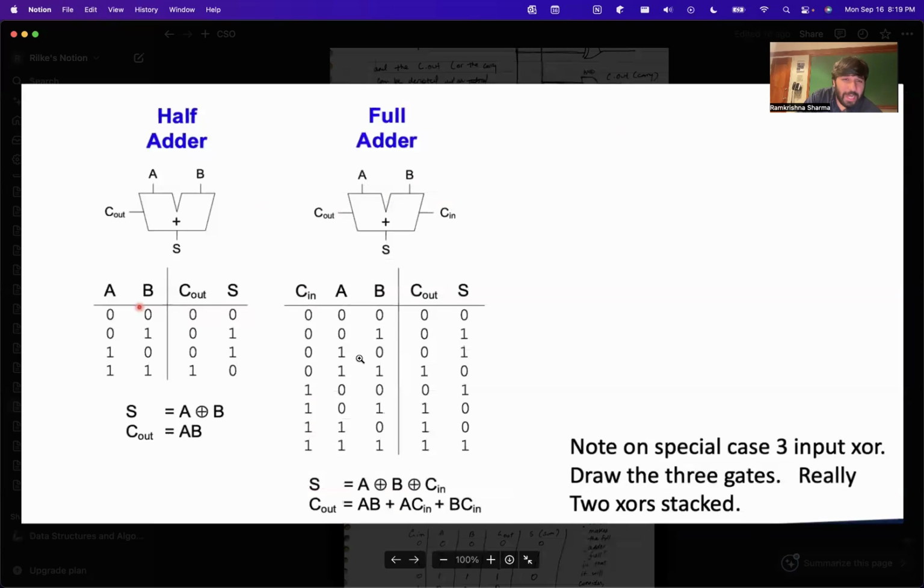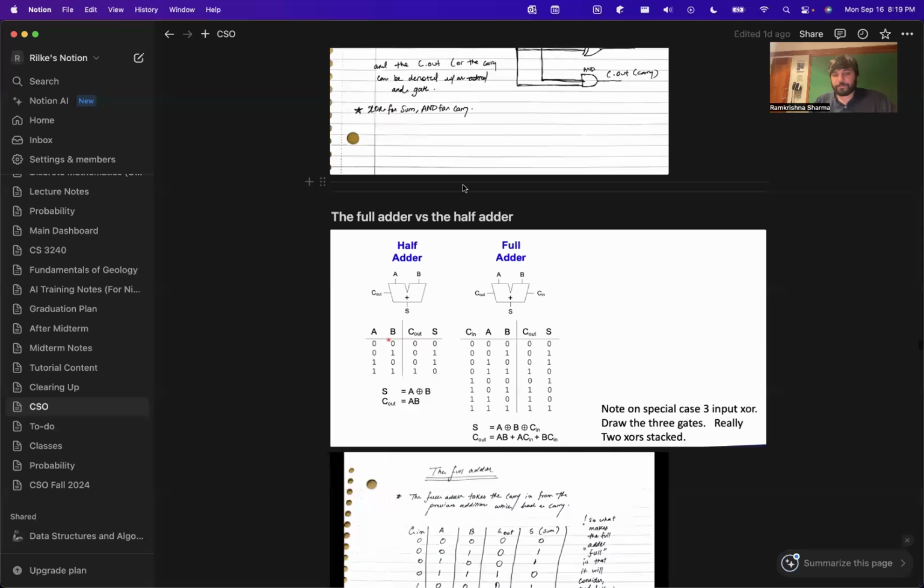You'll notice a full adder is different in that it actually takes into account the addition from the previous computation, right? It has a carry in. So it's actually factoring in what was carried out from the previous. They're bounded together by exclusive ORs, that is the sum. And then